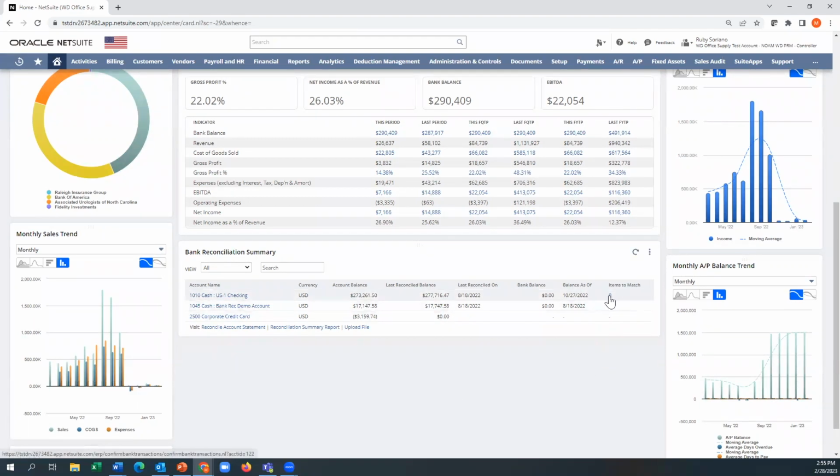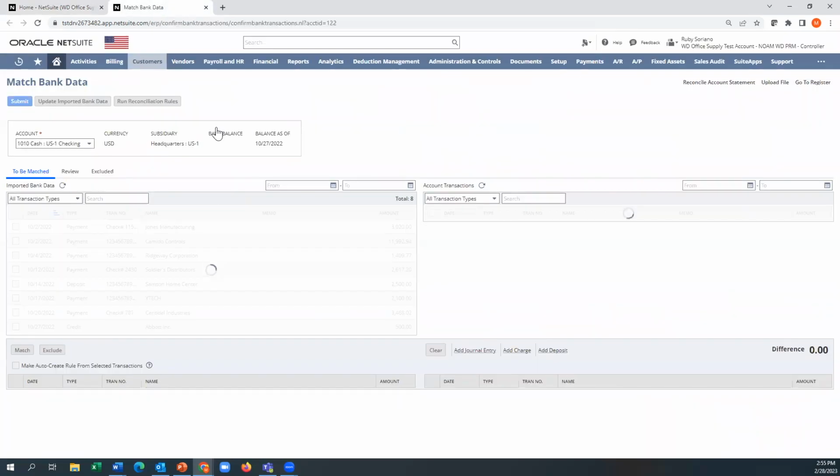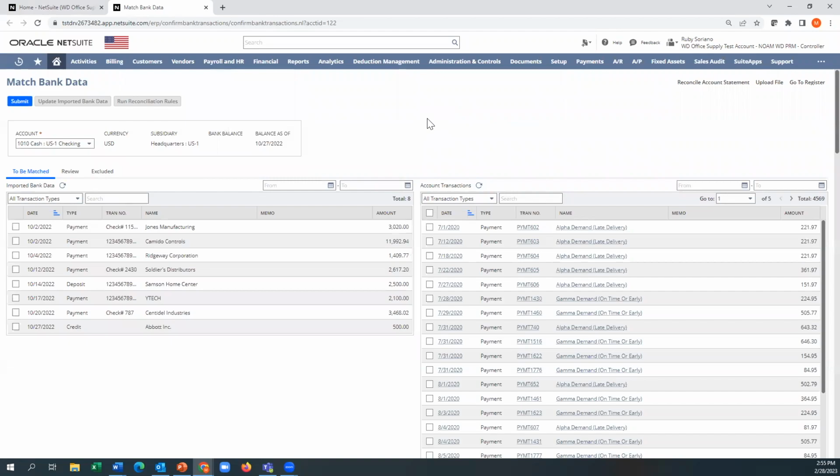And NetSuite has the ability to bring data in from your bank directly. What you do is you set up your clients or your banks. You basically create that plugin to the bank, and it brings the data in automatically. You can see there's an update imported data. Typically, you're scheduling it in half days or full days.